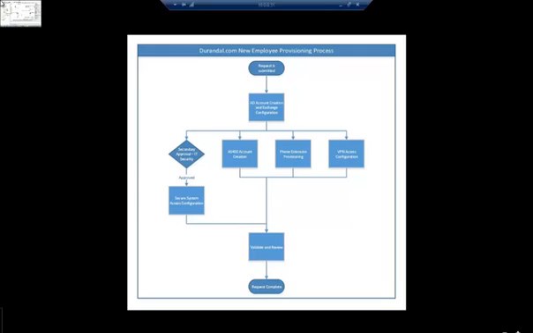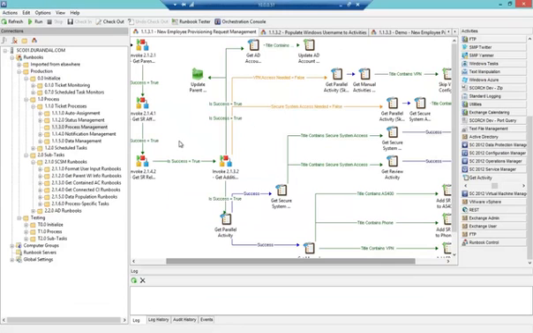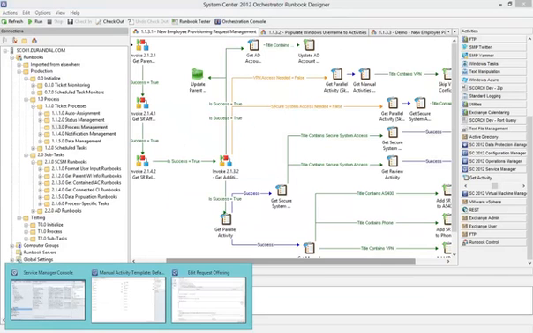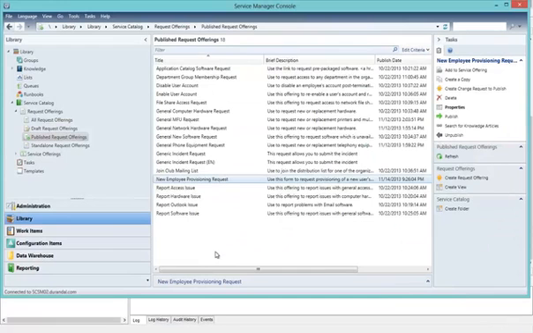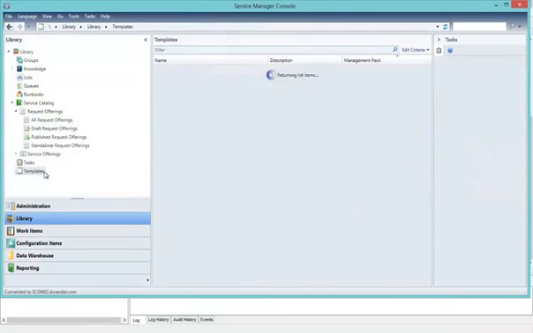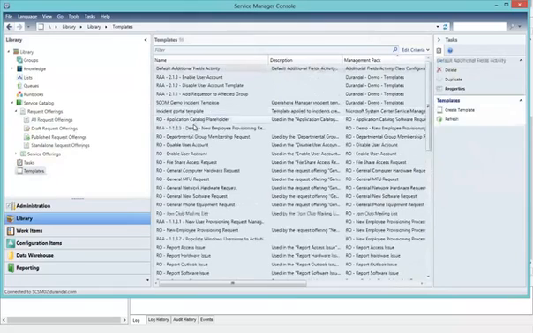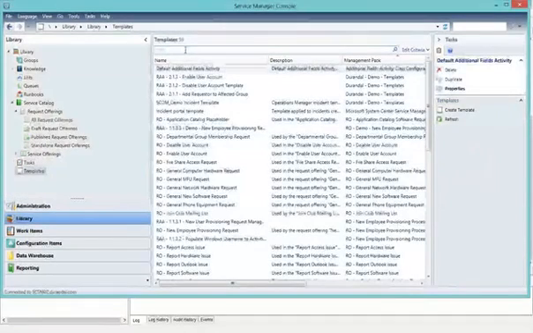Again, planning in advance, figuring out how the process is being mapped so you can figure out how it needs to be built in Service Manager so that you can then configure Orchestrator correctly. You can then go back and finish the configuration in Service Manager and publish it out to the end users involved. So looking at that template over here on the Service Manager side,